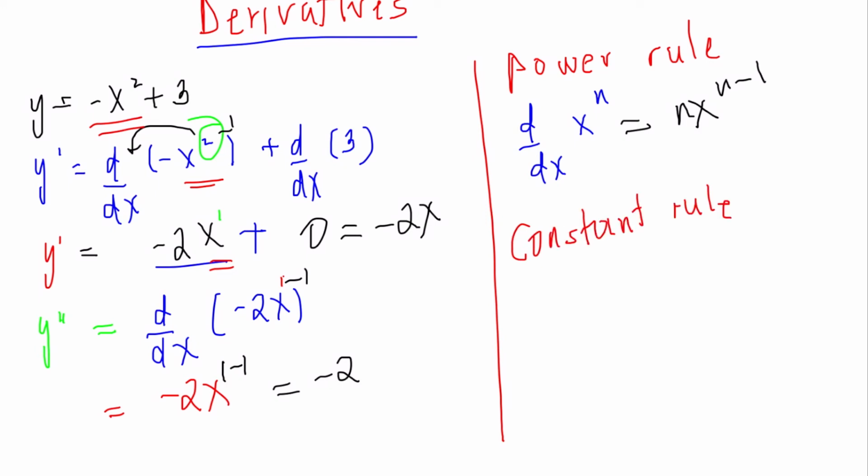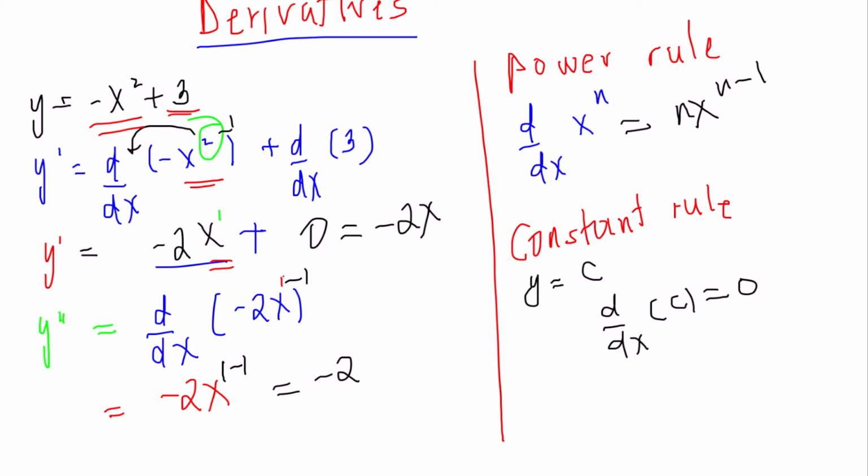assume you have a function, and let's say our y is equal to some function c, which is a constant c. If you want to find its derivative, the way to do it is like this. The derivative d all over dx of a constant c is always going to give us 0. Remember, a constant is a number that's not followed by the variable that we are differentiating with respect to, okay? Like our case here with 3,